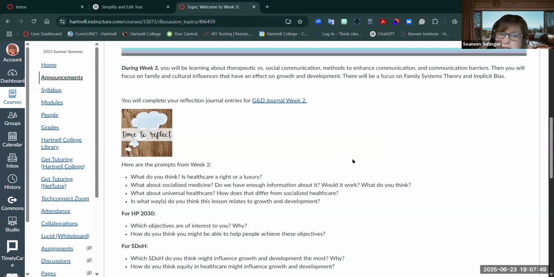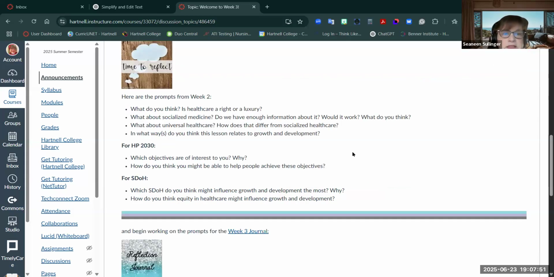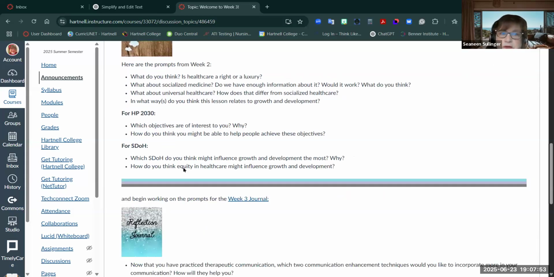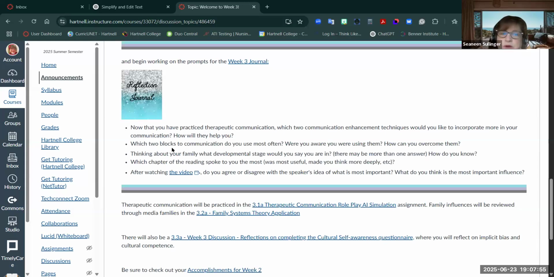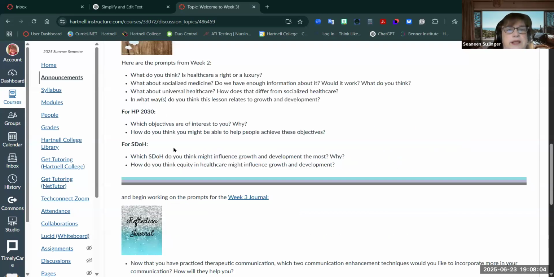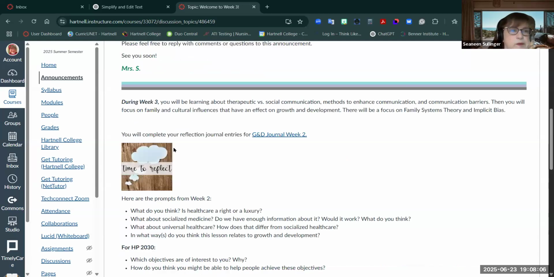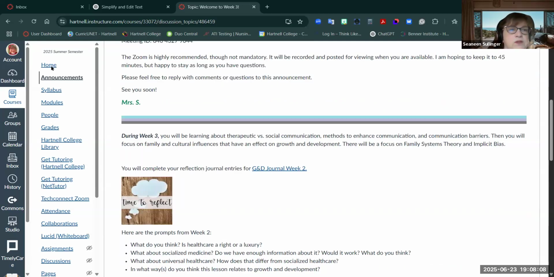So these are the prompts from week 2. And then these are the prompts for this week, week 3. So basically, if you go to the bottom of each lesson page, that's where you will find the reflection prompts. So just making sure that everybody was aware of that.